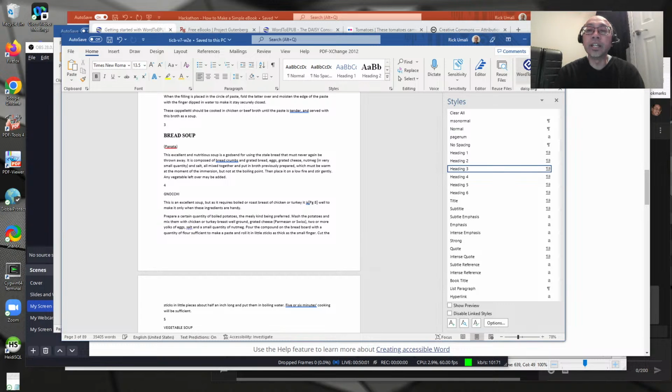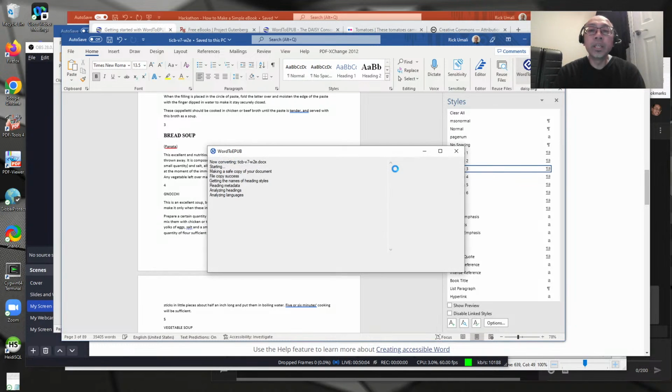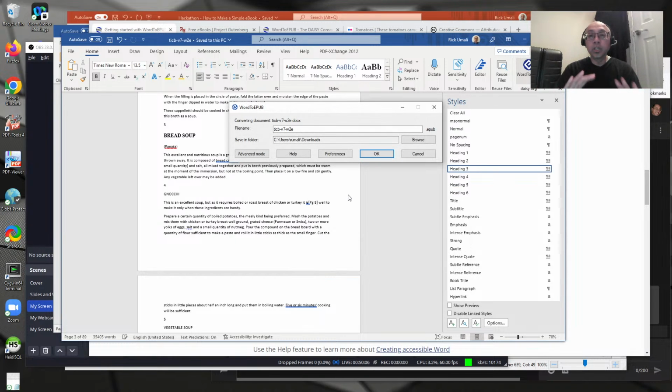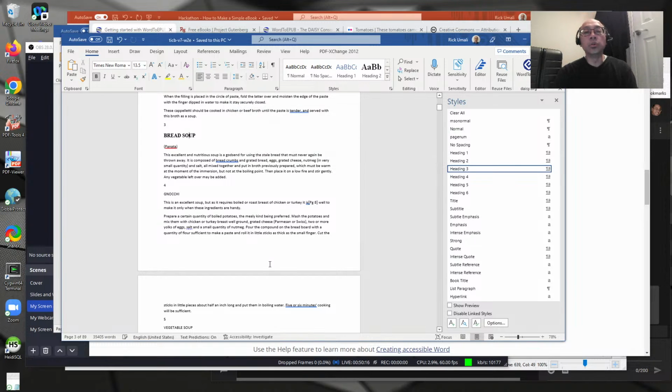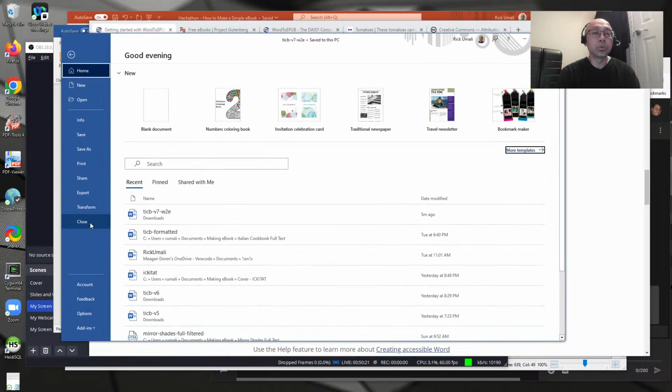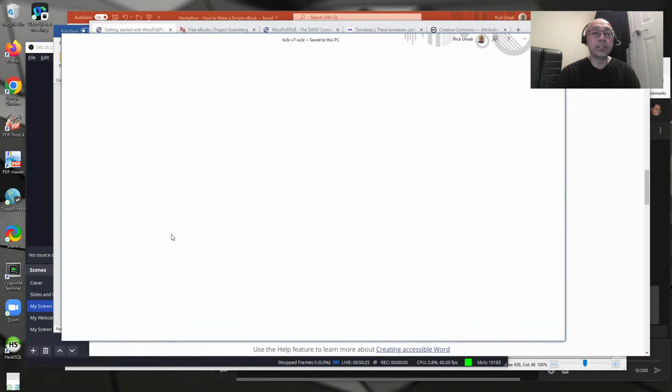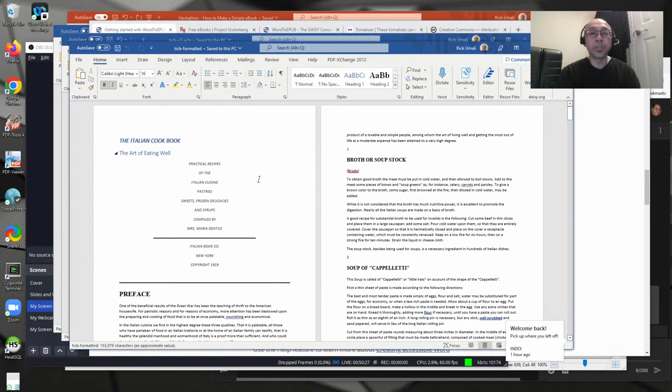If we were to convert it again, it will look at these styles and do the right thing, making a table of contents, etc. So now we didn't do it for everything, but I did spend time doing this myself. I had a new file here, the Italian cookbook formatted, and here I've made this